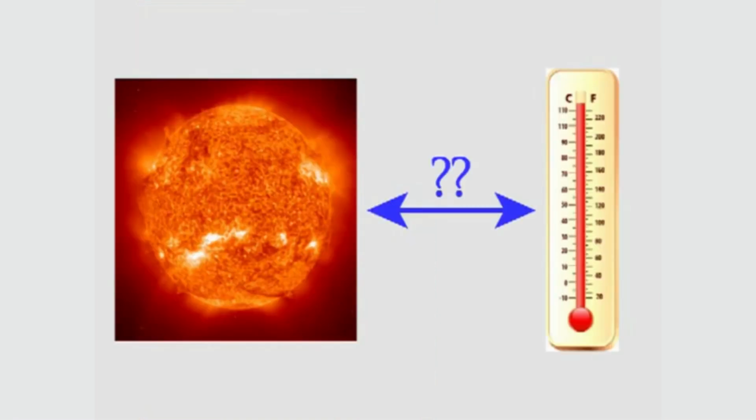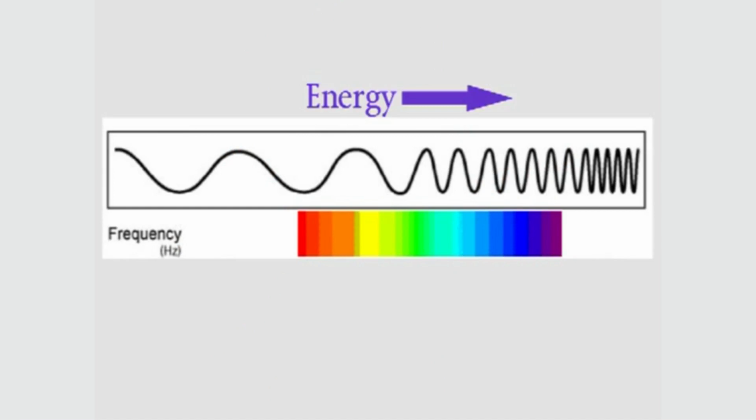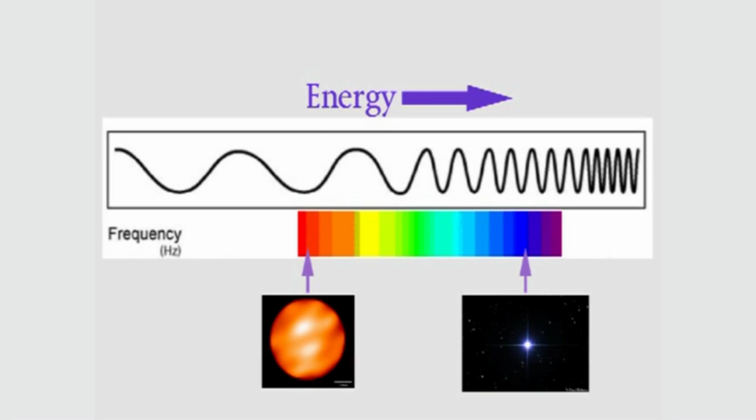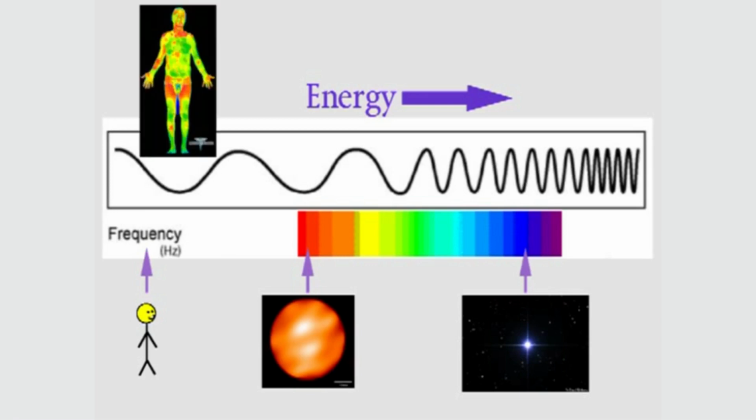So the first thing to do was to figure out the exact connection between a star's color and its temperature. Different colors of light have different energies, so as something gets hotter, it gives off light with a higher energy. If something's really hot, like a star, it might glow red, like Betelgeuse. And if it's even hotter, it'll glow blue, like Rigel. Even your body obeys this rule. Your body's warm, so you give off light. But since you're not as warm as a star, the light that you give off has way less energy, and it's down here in the infrared part of the spectrum. That light you're giving off is what people see when they look at you using infrared glasses.